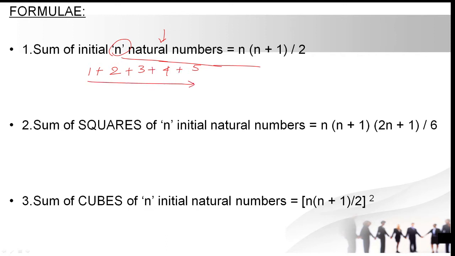This is simple, right? Actually this is simple. Why? Because we have only 5 numbers, so the answer is 15, we can say directly. But in the case of big numbers, like when we need to find the sum of the first 100 numbers, we need some time to calculate.